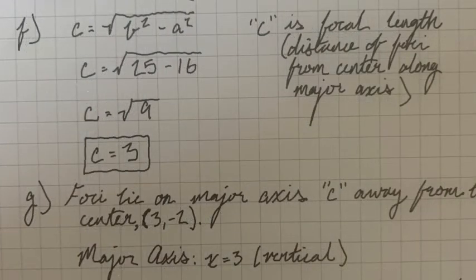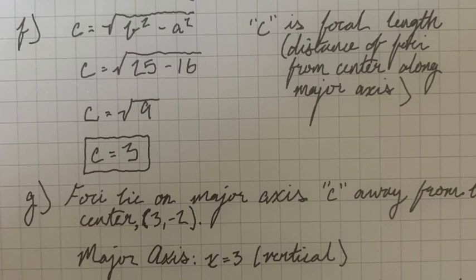So the next step is to find the focal length of the ellipse, which is represented by the letter c. The focal length is the distance of each of the foci from the center of the ellipse along the ellipse's major axis. So in order to find this value, what we have is the equation c equals the square root of b squared minus a squared,